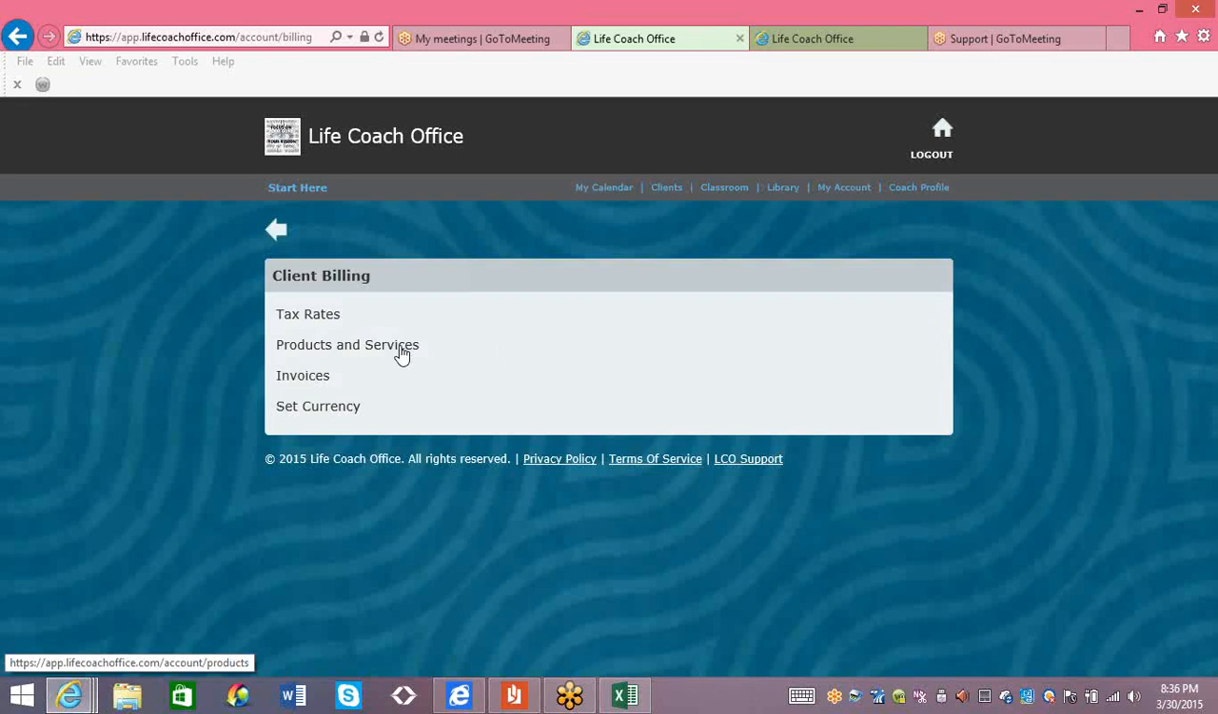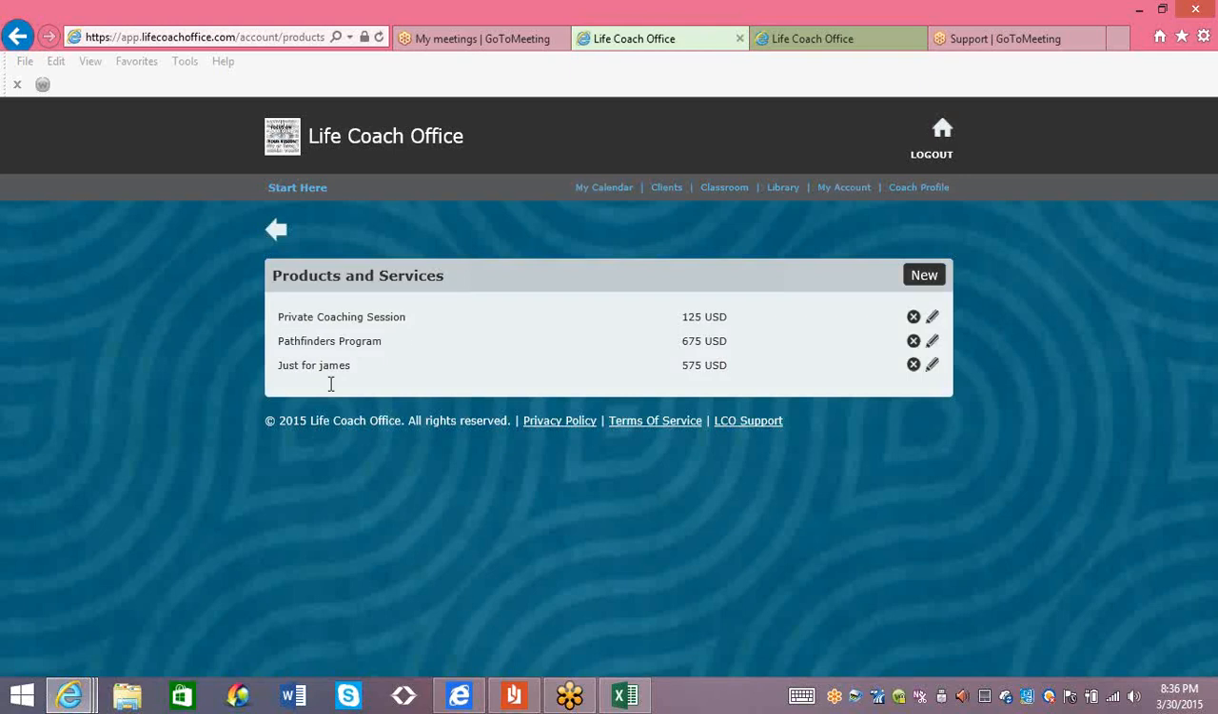Here is where you set up your products and services under client billing. And what we did earlier was that we set up a pricing for the Pathfinders program for our favorite client, James, at $575. This is where you put the pricing in for whatever it is that you are offering. You might have private coaching at $125, and you might have